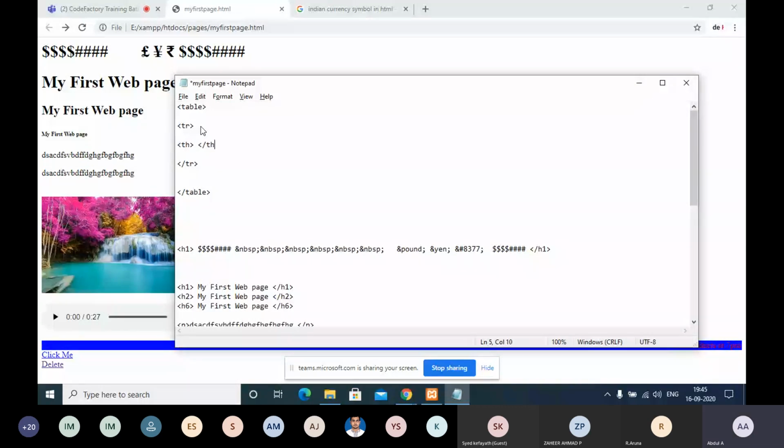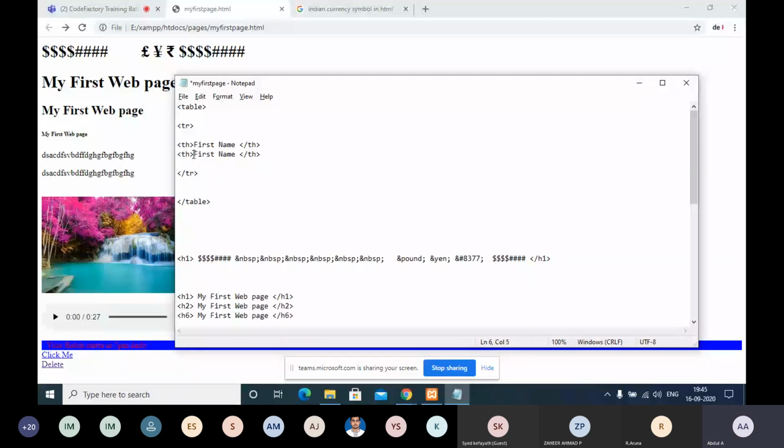Like in the registration form, we used something. So name, first name or something. Okay, first name, and then I am giving email.